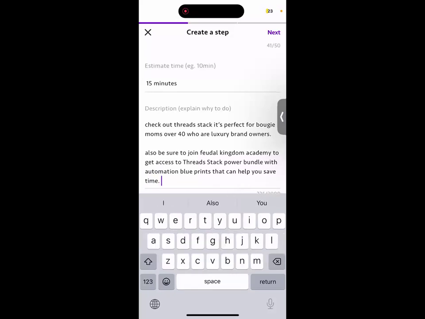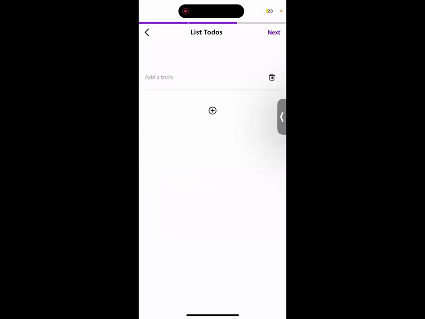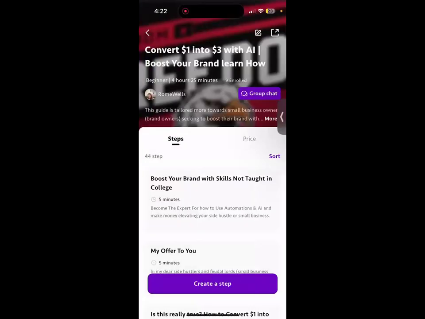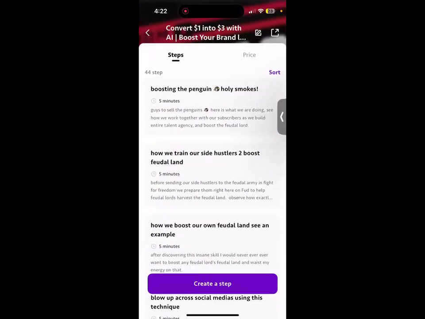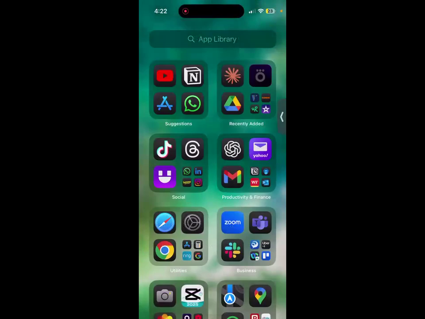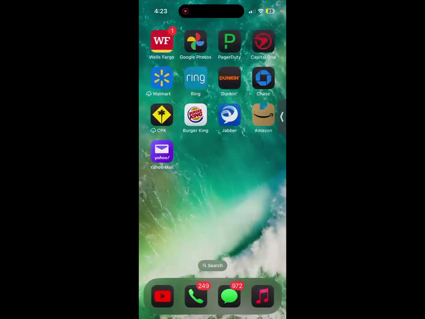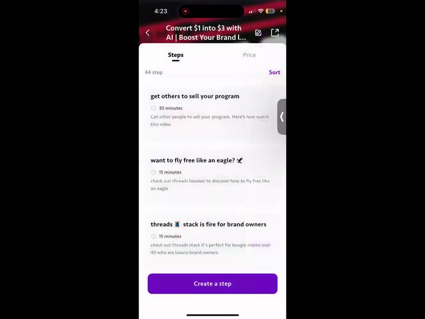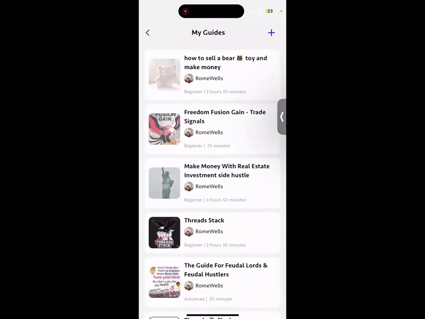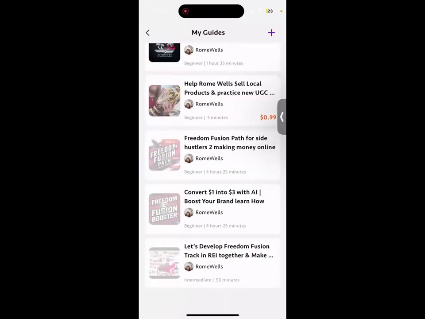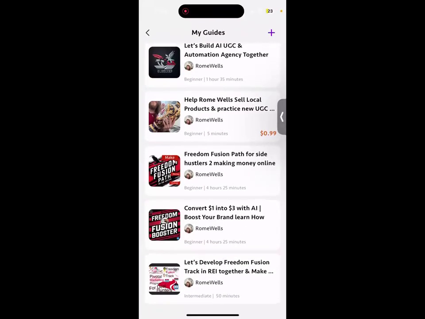So now I did this, and check this out. What I do is I go ahead and I hit done, right? And look how quickly I create the guides, guys. If I go over here, right? And by the way, on FUD, it's a mobile friendly app. It just makes it a gazillion times easier for you to make money in terms of people subscribing and being able to organize everything in one spot. And it just makes it a gazillion times easier for you to document things.